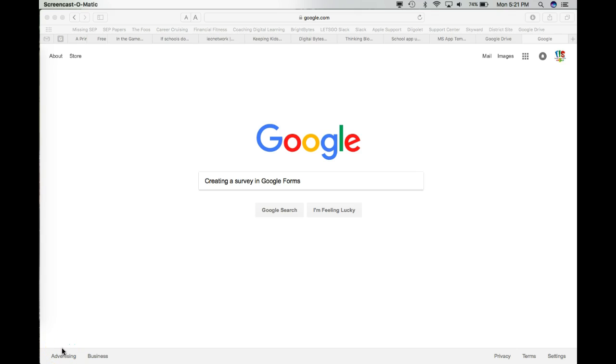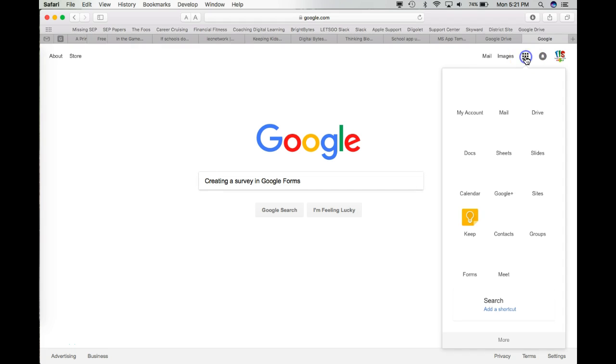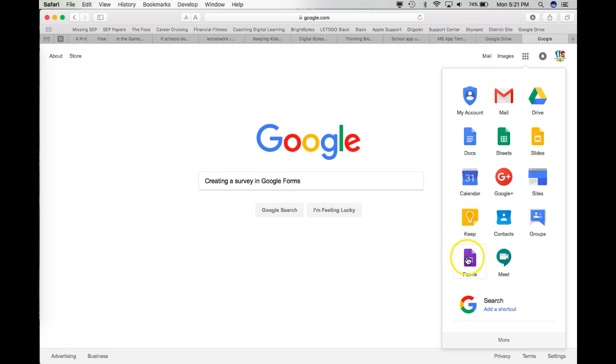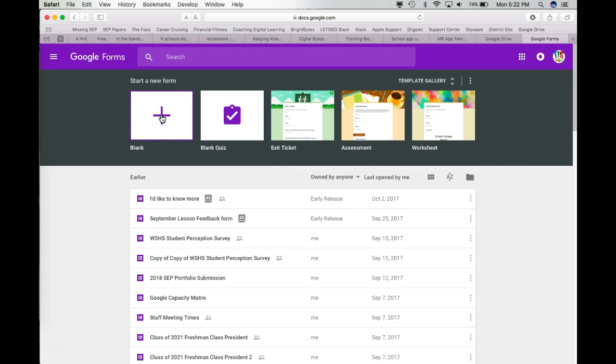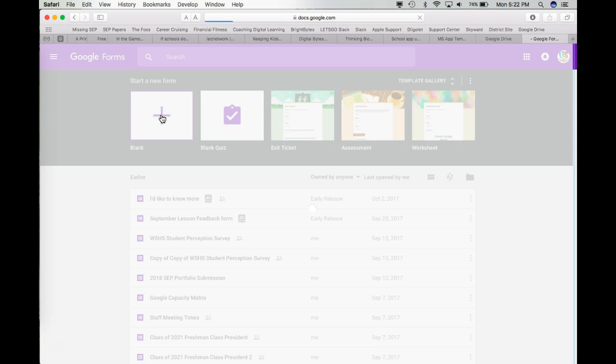Here's how you can create a survey in Google Forms. To begin with, make sure you're logged into your account, and up in the little 9 squares up here, sometimes called the waffle button, if you select that and you choose Forms, that will get you into the right location to create your forms. To start with, you can click on the plus sign and it will create a new